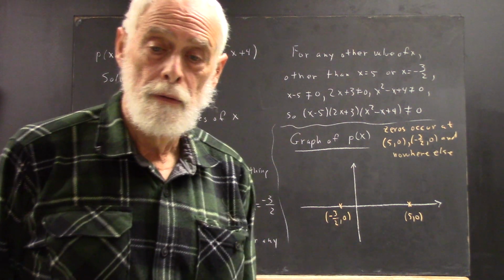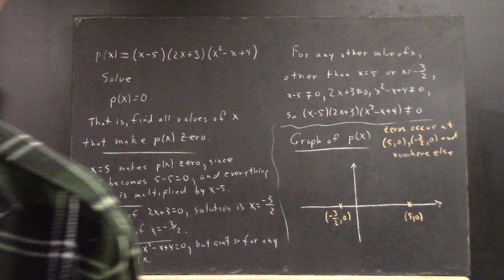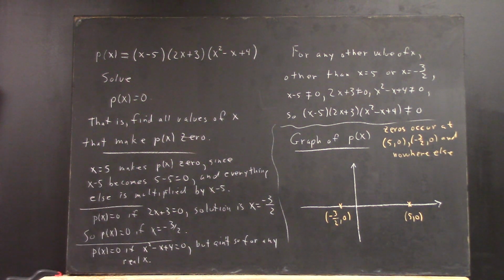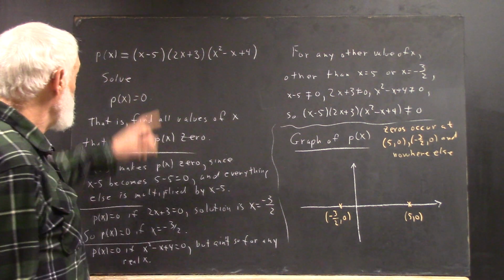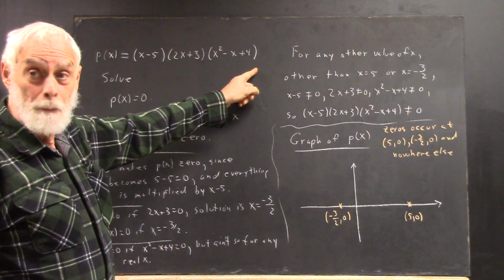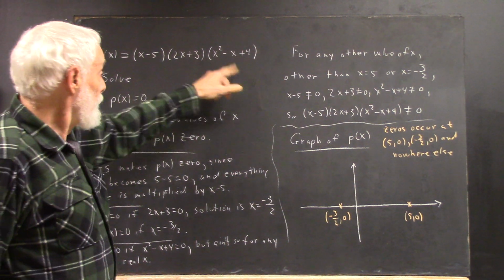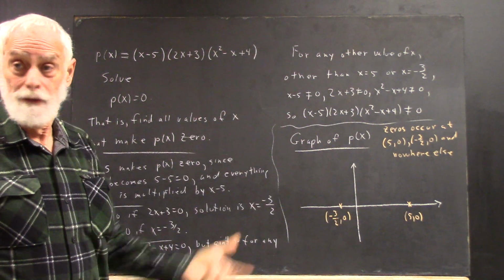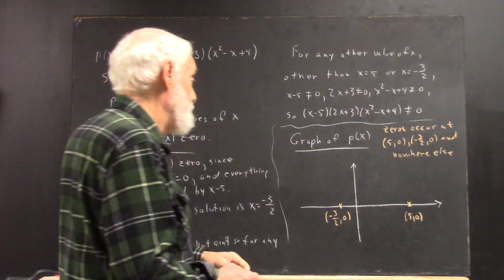Now what's another point on the graph that we could easily find? Now, is there a number we could plug in for x other than 5 or -3/2 to be really easy to evaluate? 1 would be easy. What's easier? Zero. You plug in 0 and everything disappears except that -5, that 3, and that 4, right? Because everything else has an x, or power of x. It's going to be 0. Okay? So,